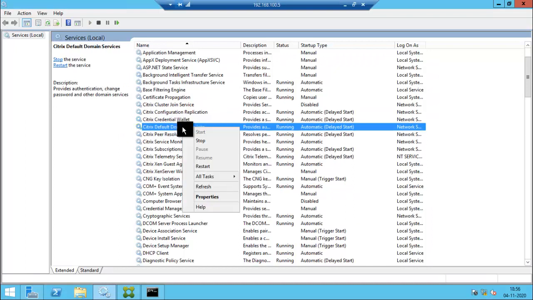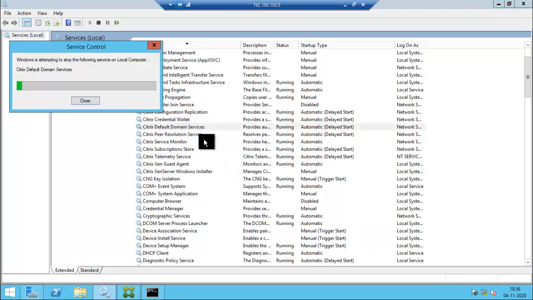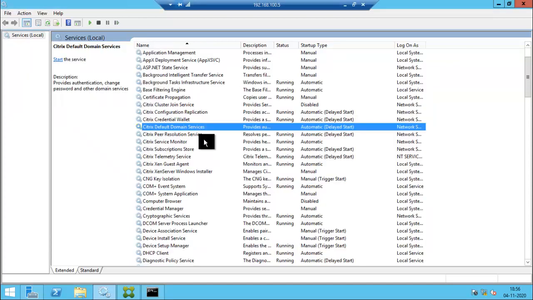Now you can stop the default domain service. If both the credential wallet service and the default domain service are not running, you will get "cannot complete your request".